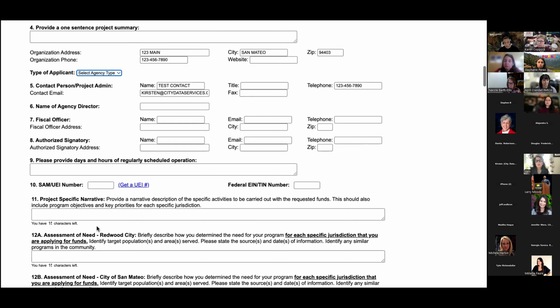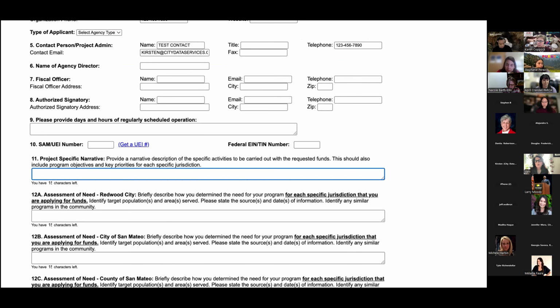form completion options here. I will say it's super, super important to remember to save as you go. The system does log you out after a period of inactivity for security reasons. So if you step away from your computer, or if you get called into a meeting or something comes up, my recommendation is, even if you think you're only going to be gone for a couple minutes, just save before you walk away, or before you hop on that meeting or whatever you're doing.